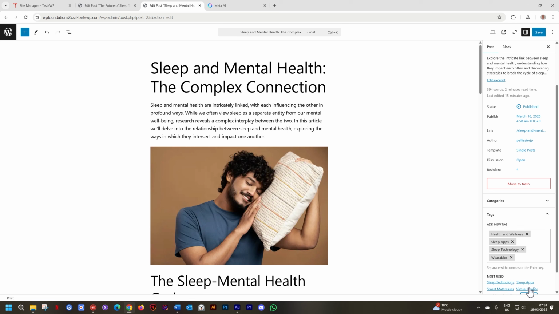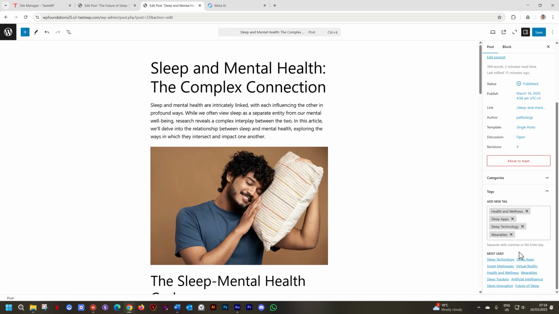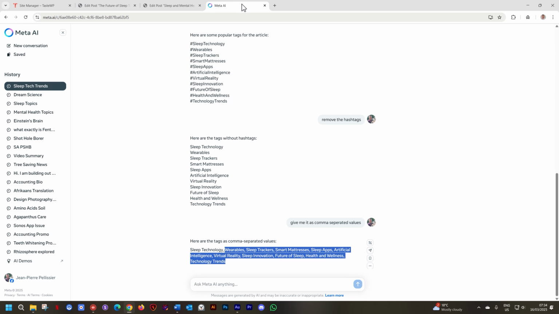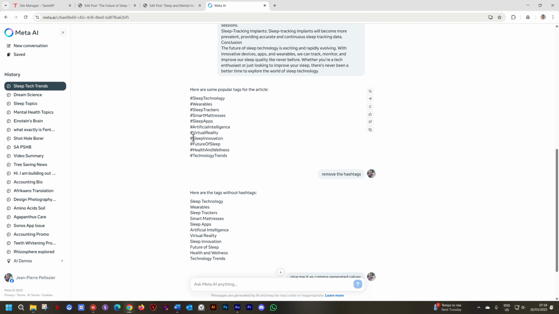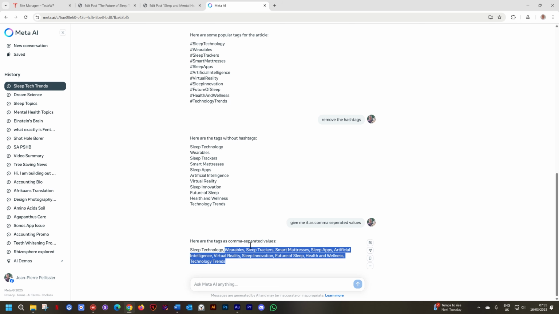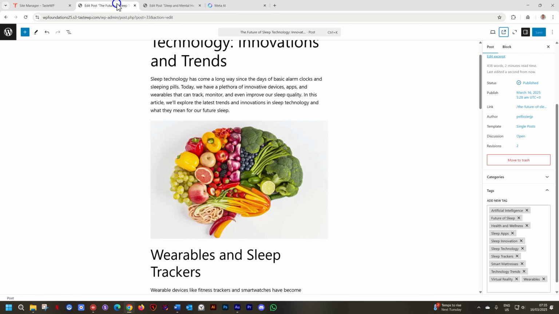However, remember, this article may have other specific tags only related to this article. And also, you have to make sure that your tags are related to each other. So if you are using Meta AI, make sure that for one article, Meta doesn't give you a word like sleep technology, and for the second article, it gives you a tag like technology sleep, because it's going to be two tags. That's totally redundant. You can do this with the AI. I showed you just how I can take it from remove hashtags to give me comma separated values, and how I easily can put that right within WordPress.